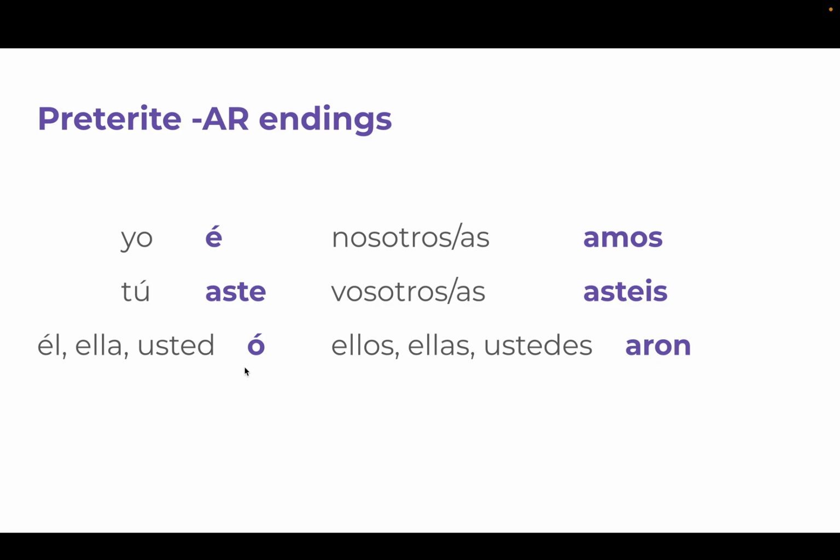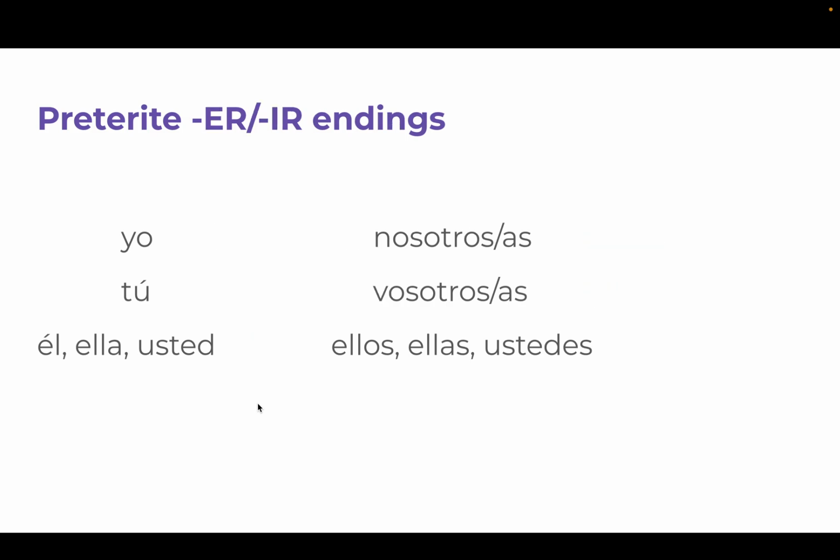And for some things, like the él, ella, usted, we're adding an extra letter. So replacing the A and the E with an I, and then adding a little extra one here. Also, we have two vowels now here in the ellos form, ieron. So, í, iste, ió, imos, istes, ieron. Again, very important that the accent stays on the O in the él, ella, usted form, and keeping an accent on the